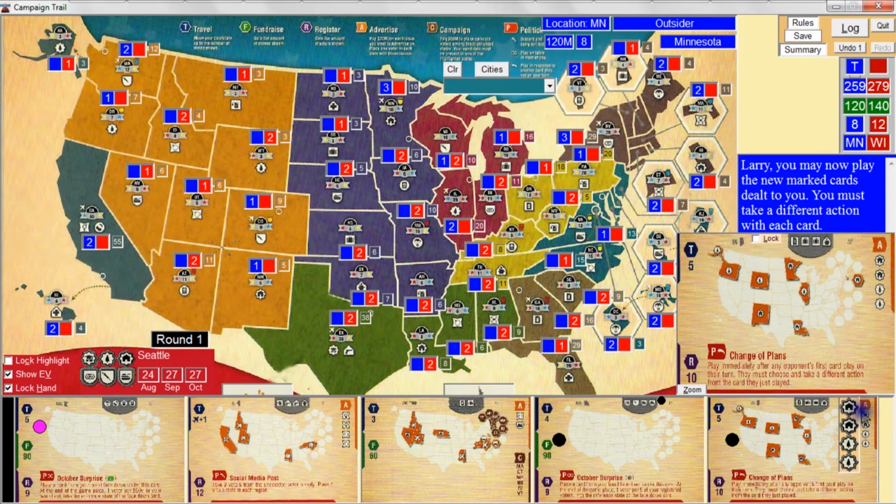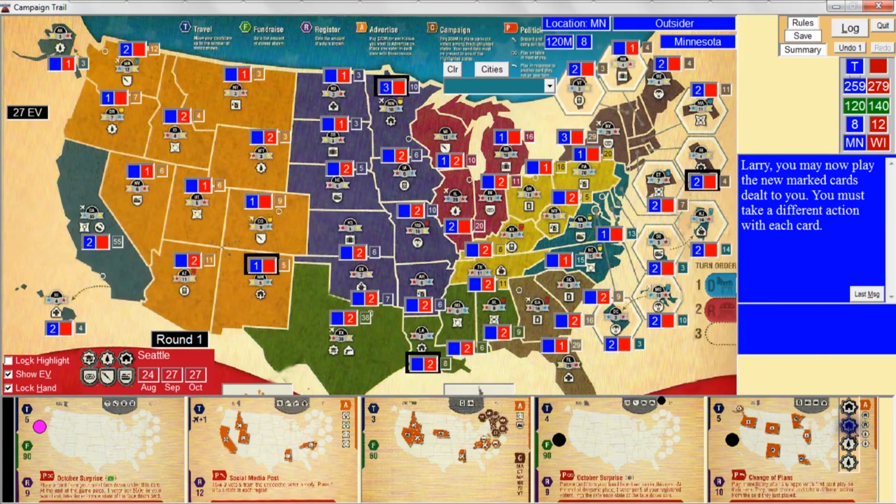I could choose to advertise on affordable housing once or twice, $20 million per issue, so I could either spend $20 or $40 million. It looks like there are 4 states, so if I was going to advertise once on affordable housing, I'd have to place 1 of my voters in each of the states that are blinking. So that would be a total of 4 of my 8 starting voters. I could advertise twice on affordable housing, in which case I'd be using all my 8 voters, and then I